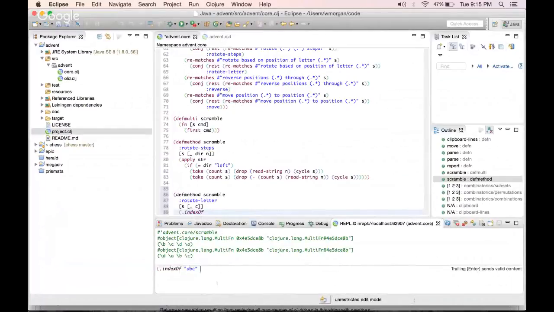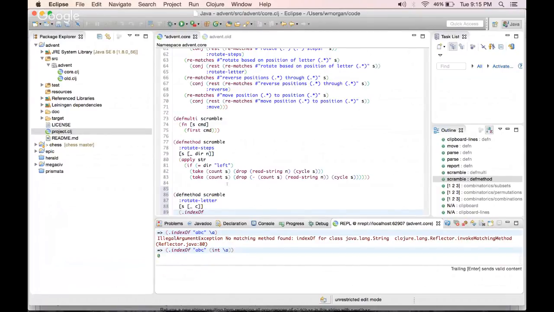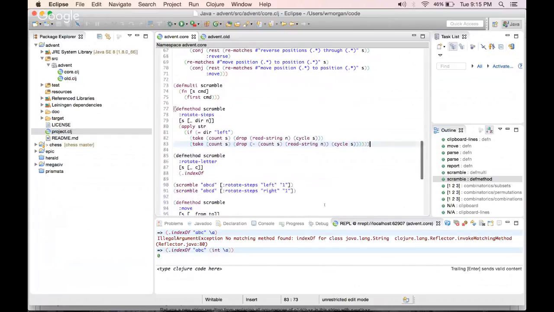Index of ABC character like this. No, does not want that. I would have to, I don't know, turn it into an int. Okay, that's fine. Okay, so index of like this. Okay, and then,